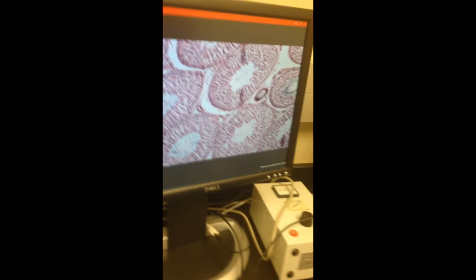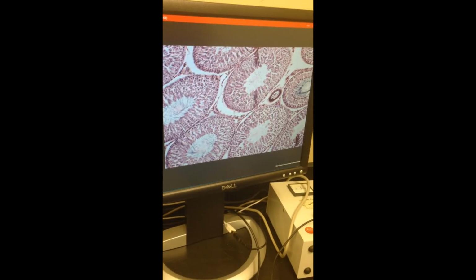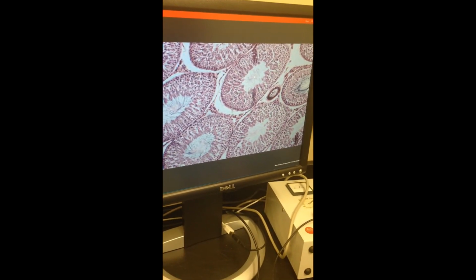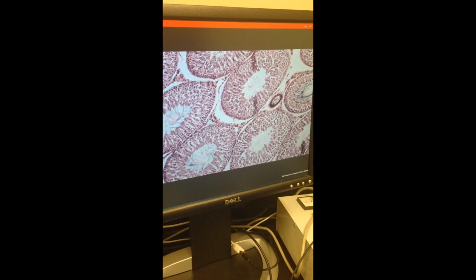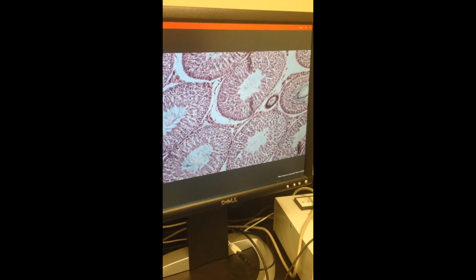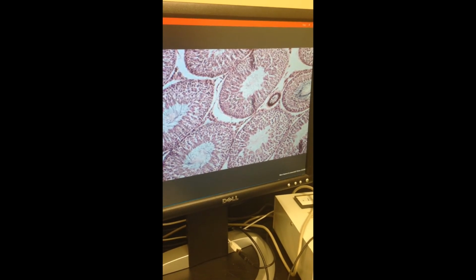So let's take a look here at our slide of that. Same thing. Here's a tube. That's the very center of that tube, and this will be the outer edge of the tube. Here's another tube, another tube, another tube. This is called a seminiferous tubule. Okay, so we're going to go up on our magnification,